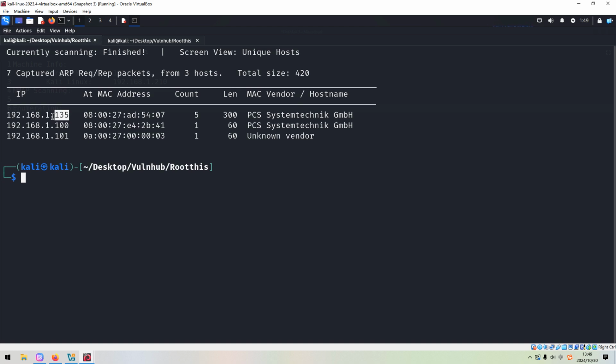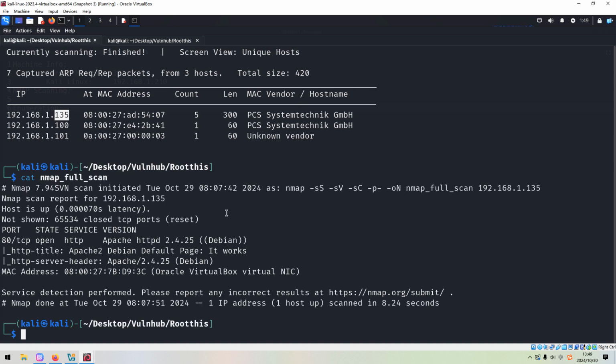We need to launch Nmap to do the port and service scanning. To save time in this video, however, I've already completed it before, so for now we just cut out its result. As you can see over here, I used the options like SYN scan, the version scan, the default script scan, and followed by -p- to do the full range port scan.